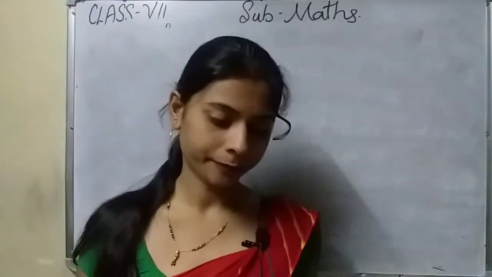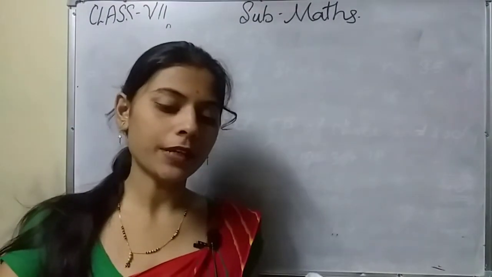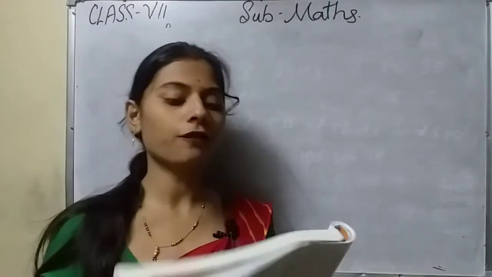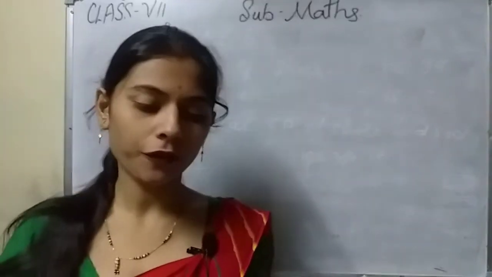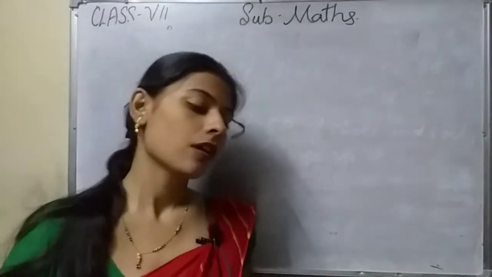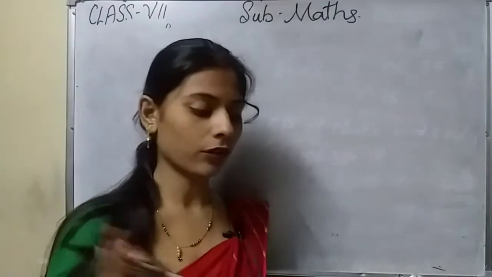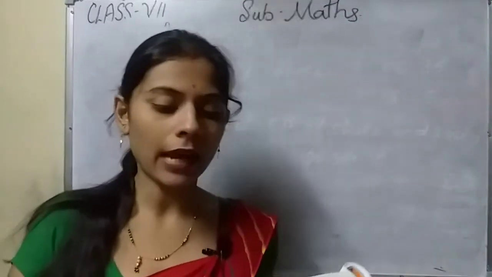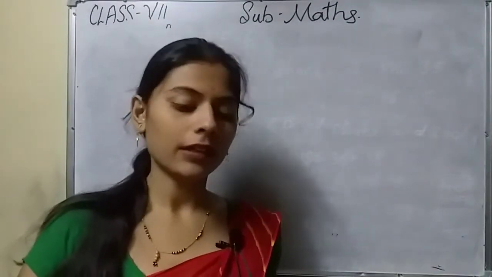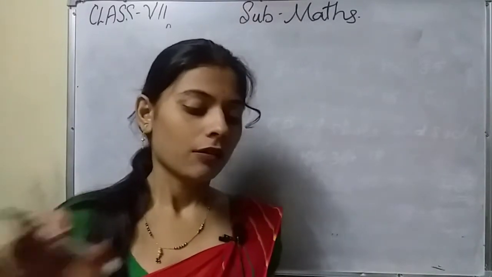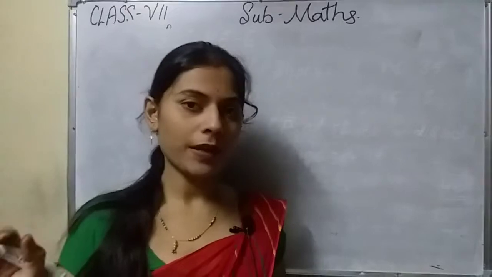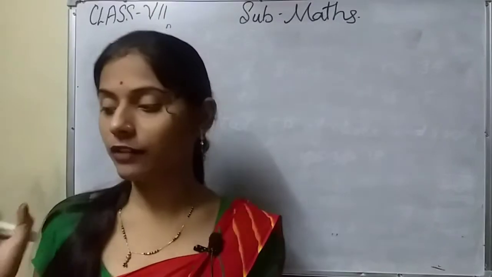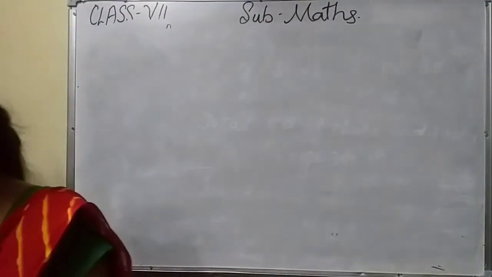See question number 13. Susan adds rupees 161.25 to her savings and spends all the money on buying 4 books of rupees 214.30 each. So cost of one book is given here, not all books. Cost of one book is 214.30 rupees. How much money had Susan saved before she added 161.25? 161.25 rupees she has added. After that, how much money she can save? That we have to find, her saving here.